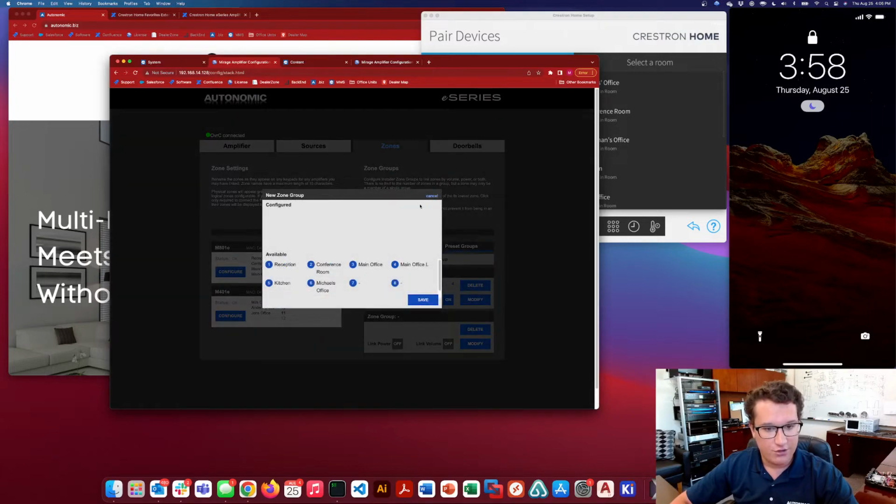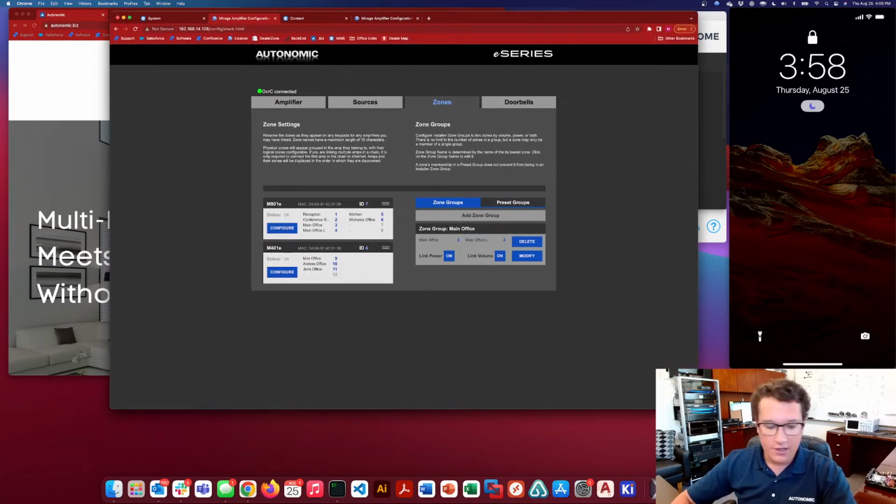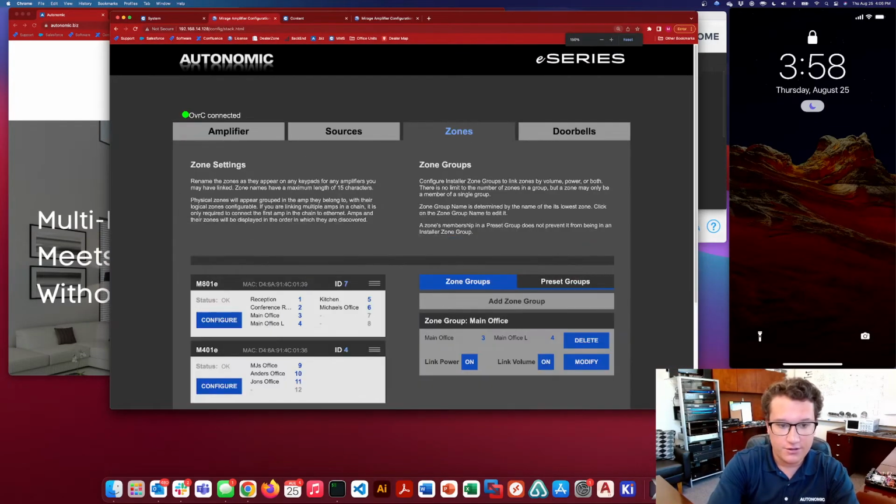You could add other zones to a group. You can link power and volume. In this case, we'll want to link both. And this is configurable for a reason. In an application like this where all the speakers are together, it's one zone essentially, so link power and volume, and you'll be all set. But if these were adjacent rooms, like a kitchen and a living room, with